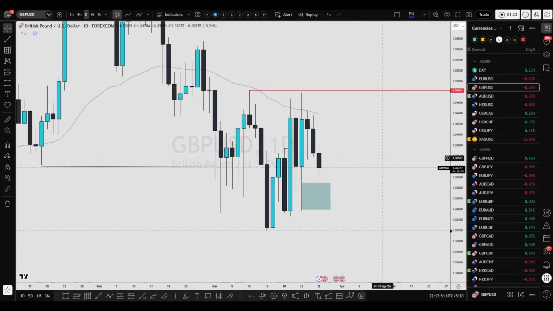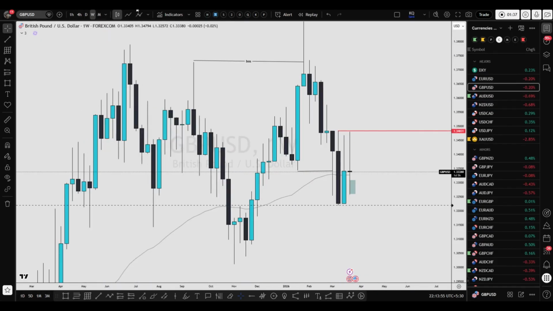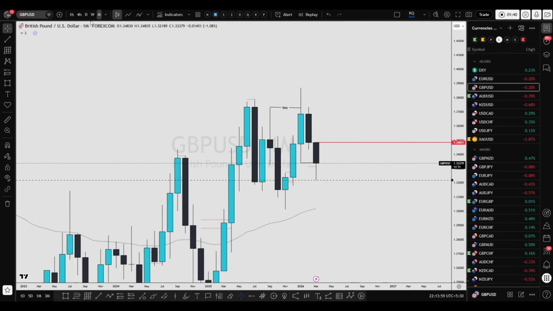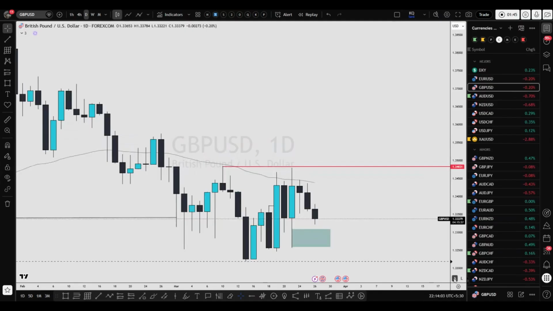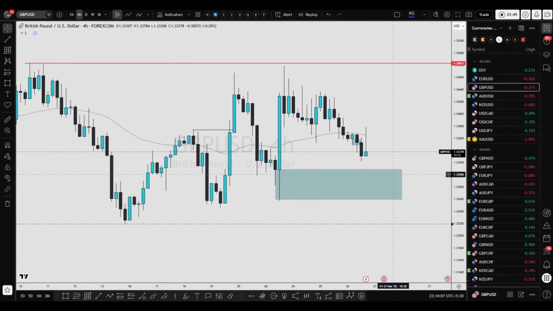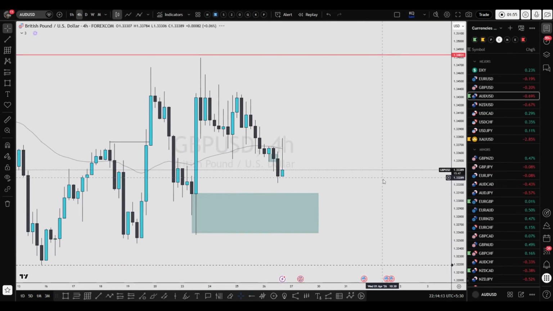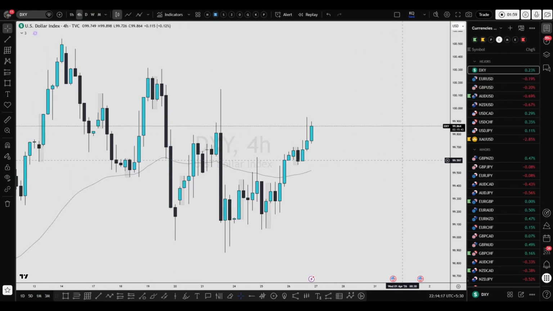Same story for GBP USD. The daily structure is still bearish. In monthly we are bullish, in weekly we are bearish. So if we find any good long setup in GBP USD, in that case we can go for a long, but right now I'm just gonna wait for price to drop here and then give me some good rejection from this level. So let's scan through the pairs starting from the Dixie.